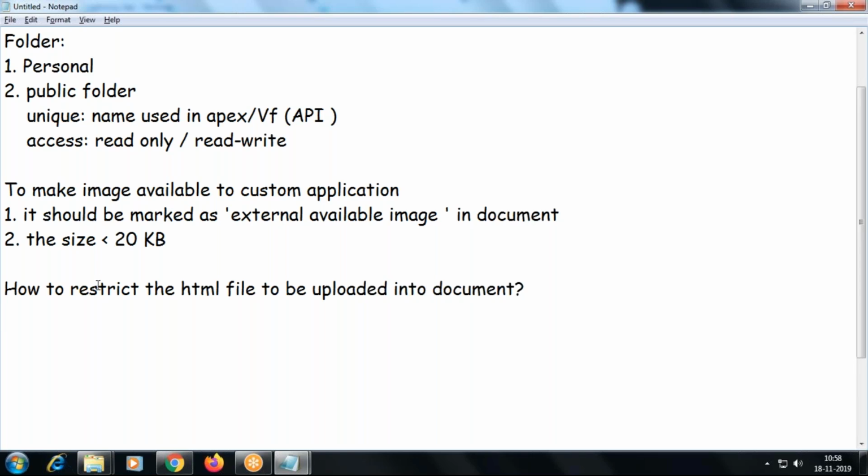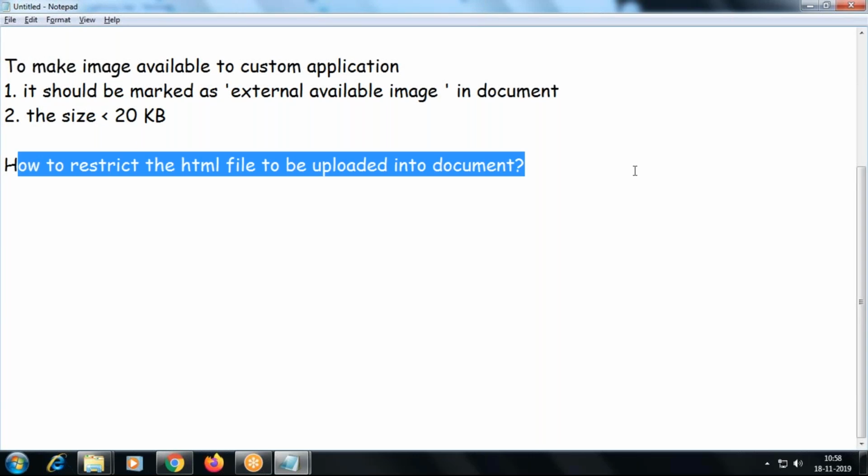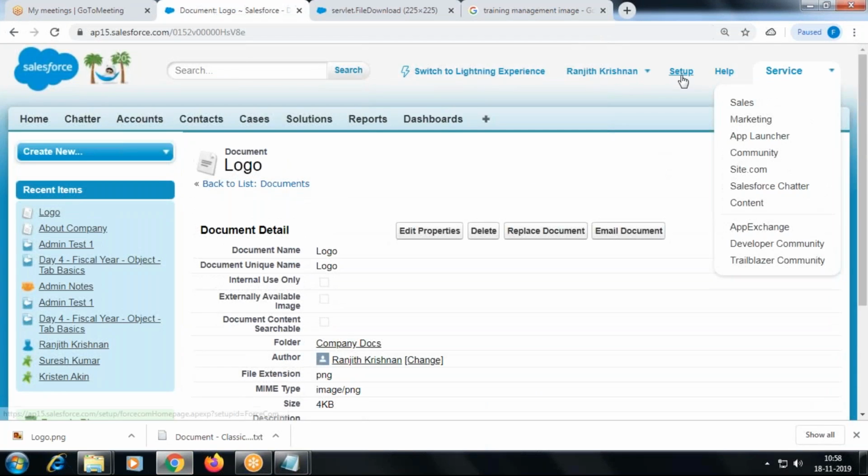So there is a way to restrict. I do not want an HTML document to be uploaded into the document folder. There is a place to define that HTML documents should not be allowed to upload into the document folder. Okay, so how to do that? You go to Setup.